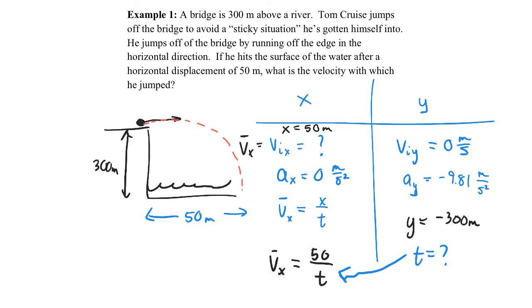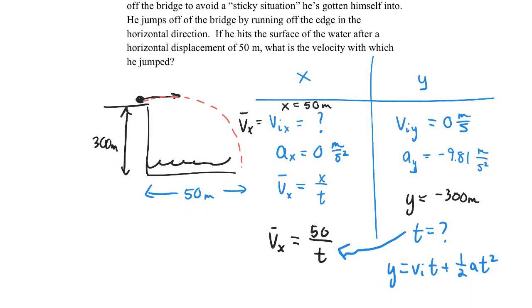Which of those three equations? Is it vf squared equals vi squared plus 2ay? Is it vf equals vi plus at? Is it y equals vit plus 1/2 at squared? Which of those three formulas fits in the y direction right now? Only one works. Just look at the three equations, look at the variables you've got. That's literally all you need to do. Match them up. There's one equation that involves these four variables. What equation? y equals vit plus